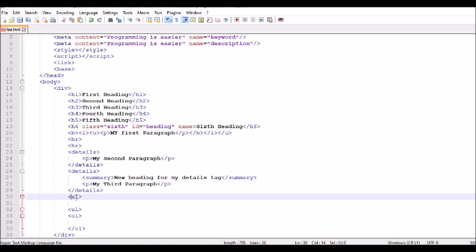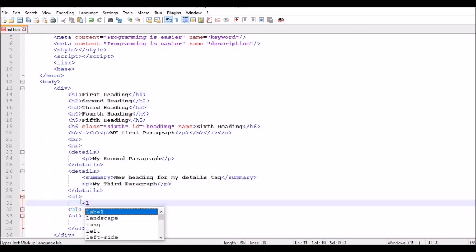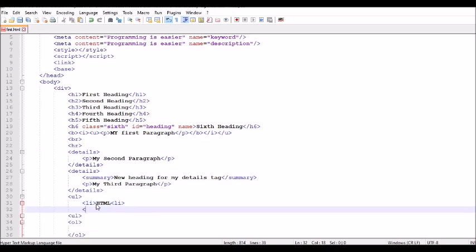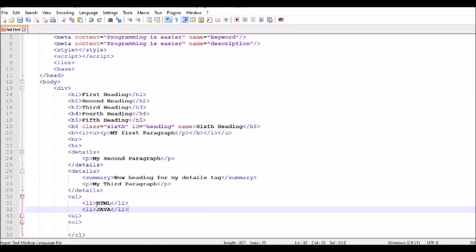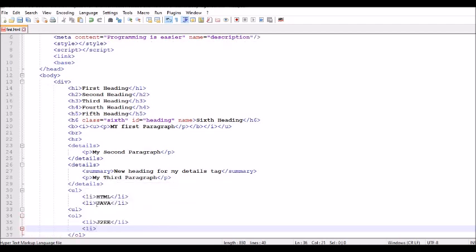So inside UL we have to use LI tag, that is list tag. I am going to write HTML, after that Java, this two number of lists inside unordered list, and I am going to add some other content like J2EE and web servlets.